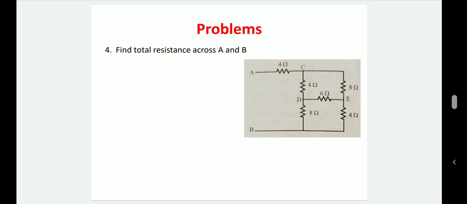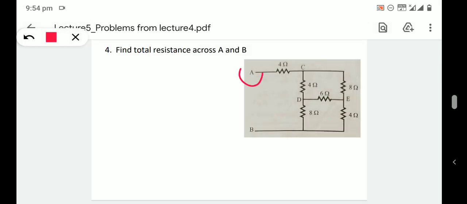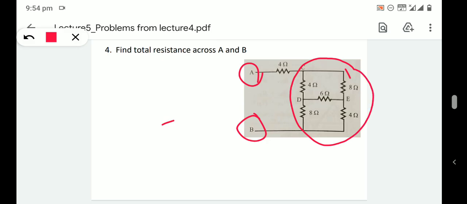Okay, here we need to find the total resistance across A and B. So this is point A and this is point B. We need to find the equivalent resistance of this circuit. By using parallel and series combinations of resistors only, we can't solve this problem,